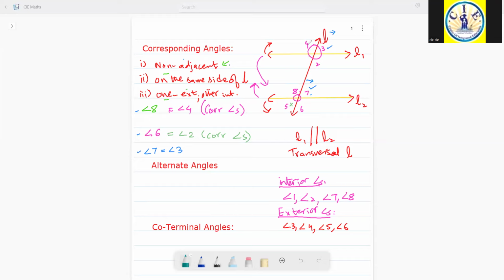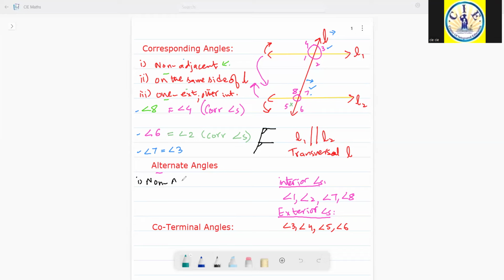Okay. Then alternate angles. One thing to note, of these corresponding angles, normally we get an F for these corresponding angles, something like this. Okay. For alternate angles, the three conditions are actually